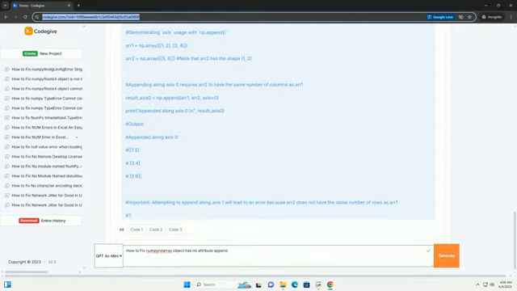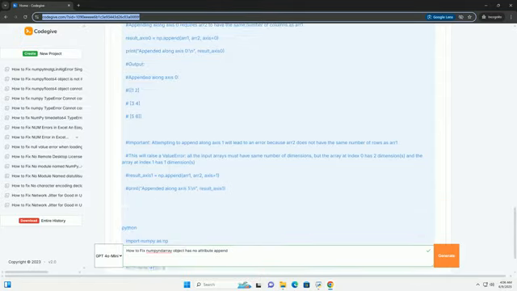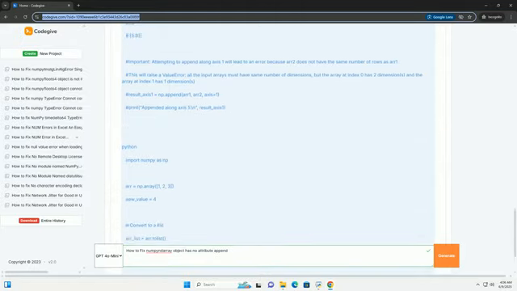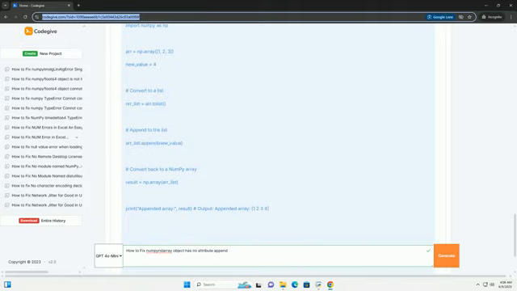1. Numpy arrays versus Python lists. Python lists: lists are dynamic, flexible data structures in Python. They can hold elements of different data types, and they are designed to be easily